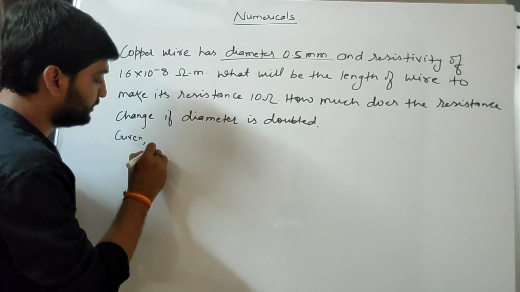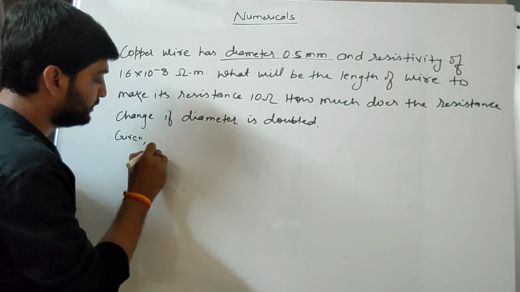What we need to calculate? We need to calculate resistance. So R is equal to rho L upon A. What is rho? 1.6 into 10 to the power minus 8. Rho L upon A. What is L? 122.72 upon A. What is A? 22 by 7 into 0.0005 whole square. When you solve this, you will get the value of resistance as 2.5 ohm.